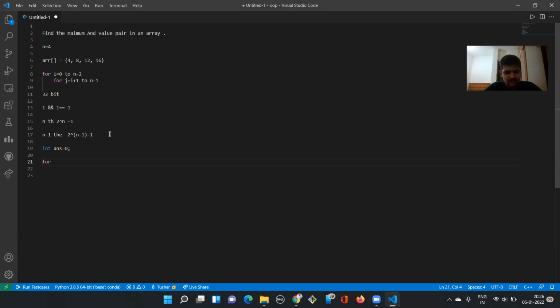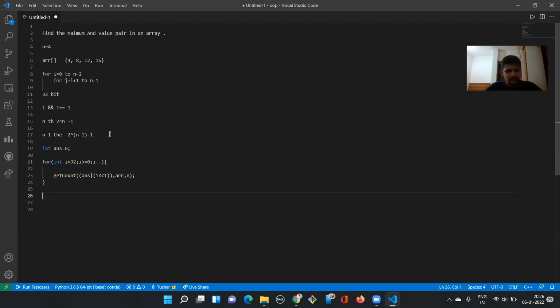So I will loop till i is greater than or equal to 0. Then I will make one function, getCount, which gives me the count of elements having the ith bit set, and I will pass answer with the ith bit set as an argument.